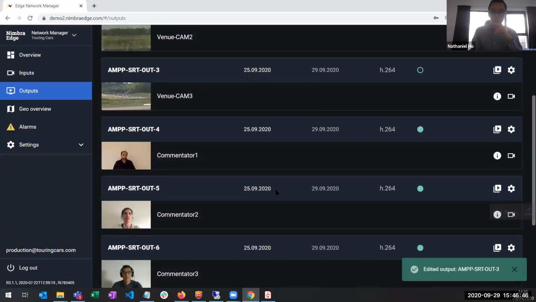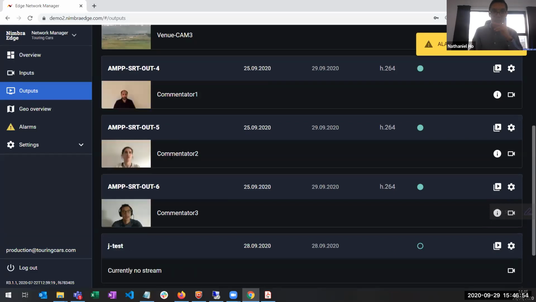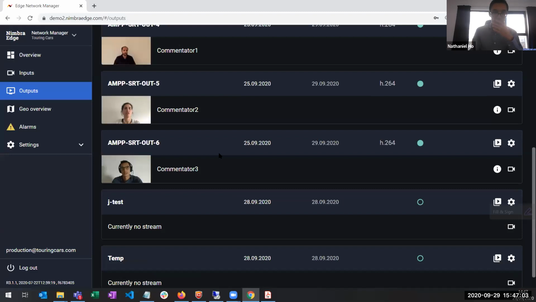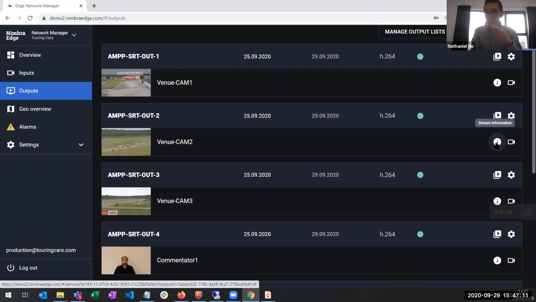And now that's sending towards the AMP on a particular predefined SRT port number. We've also got the commentators here, and then you might have other ones for confidence monitoring. So the other great thing is that you get a bit of an end-to-end view. If I click on this SRT out number 2 on this circular I button, you'll get to see a